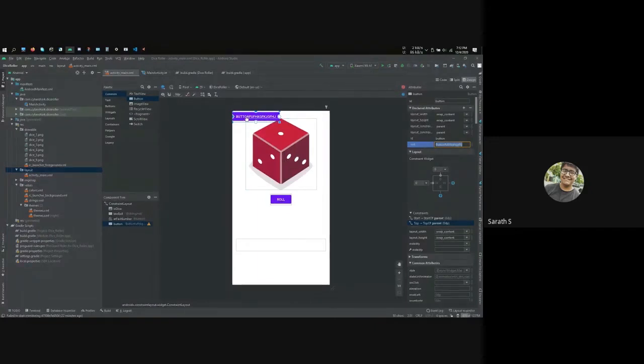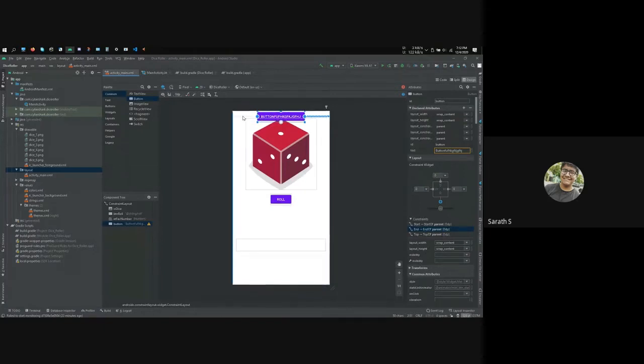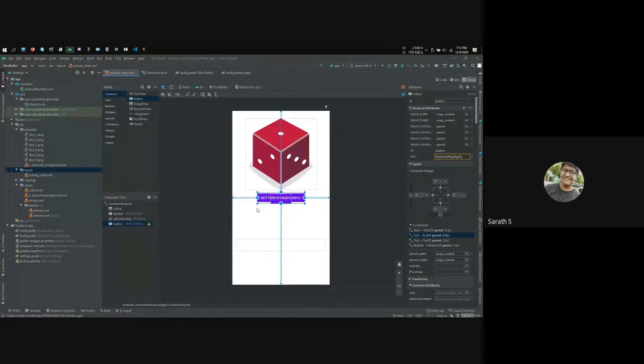So as I said, if you were to center this button here, what I would have to do is align the left, so I gave the constraint to the left of the layout. Now what I would need is the right to the right of the layout as well. What it does is space it equally from both sides. That is the center. Right now it's centered horizontally only. We want to center it vertically as well, so we have the top constraint. What we'll do next is put the bottom constraint as well. Now it's constrained from all sides towards the layout, so it spaces it equally inside the layout.